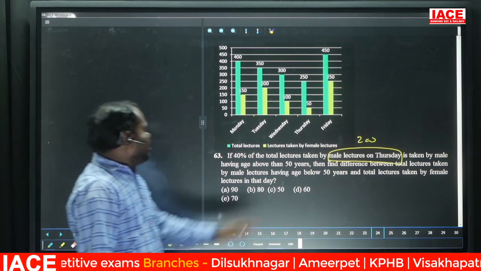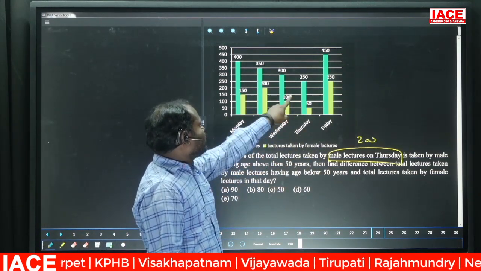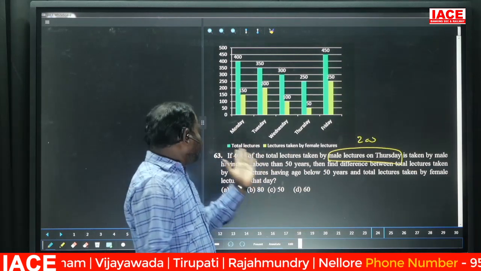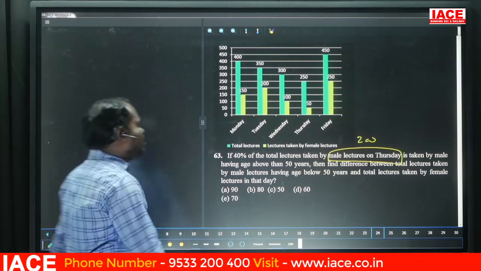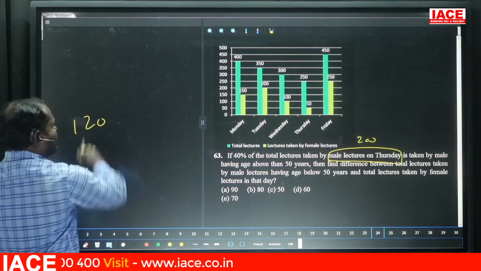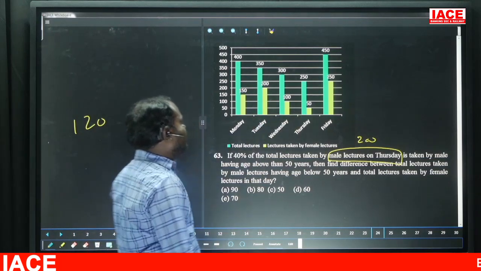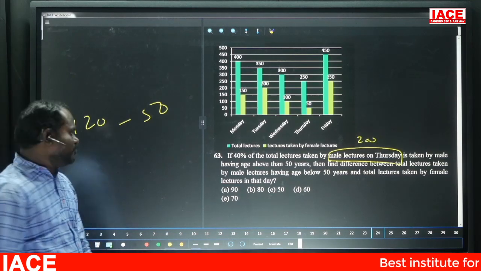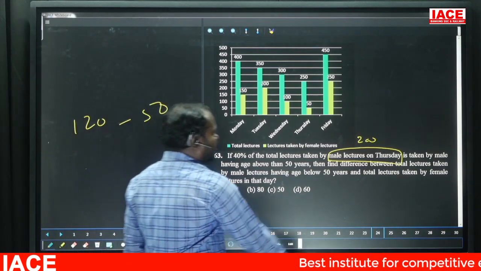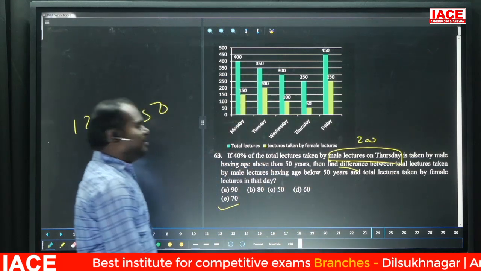So total 200 male lectures are there on Thursday. In that, 40% above 50 years means below 50 years will be 60%. 60% of 200 is nothing but 120. And female lectures on that day, Thursday, is 50. The difference between 120 and 50 is asked, what is the difference? 70. The question is asking the difference, right. Next,